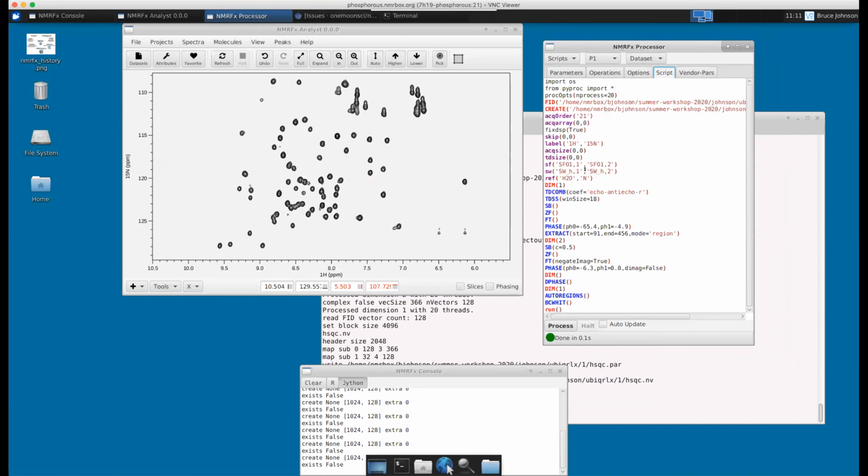And I have to be careful when I say Python. You cannot run this script just with Python. You have to run it within nmrfx or from the nmrfx command line command, because all these operations require code that is built into nmrfx. It's not in generic Python. But you can do things like all the standard Python flow control. If the spectrum is this way, do this. If the spectrum is that way, do that. If you want to loop over multiple spectra and process them, you have all the features of Python to be able to do that. So we have at the top just some housekeeping stuff,